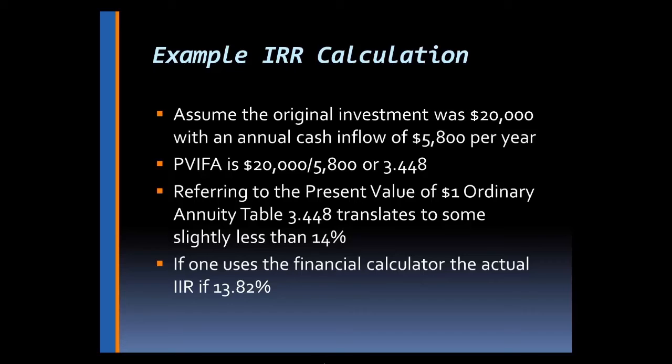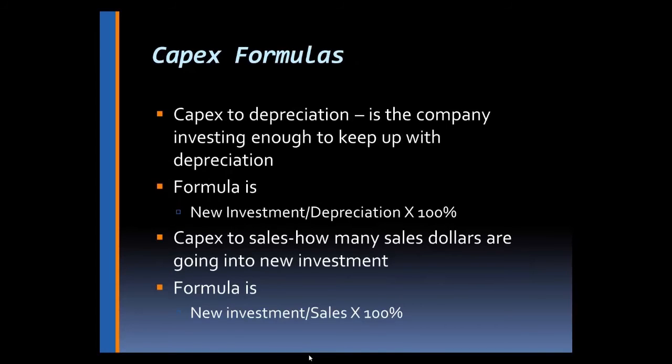13.82%. So then you have to say, all right, does this meet my cutoff rate? If your cutoff rate is 15%, it doesn't meet it, so you reject the opportunity. If your cutoff rate is 13%, then you accept the proposal. So this is just another way to arrive at using the net present value and the time value of money to evaluate the project. And you actually find both the discounted cash flow and the IRR both being used to look at projects. Some people maybe use both of them, some maybe use one or the other.